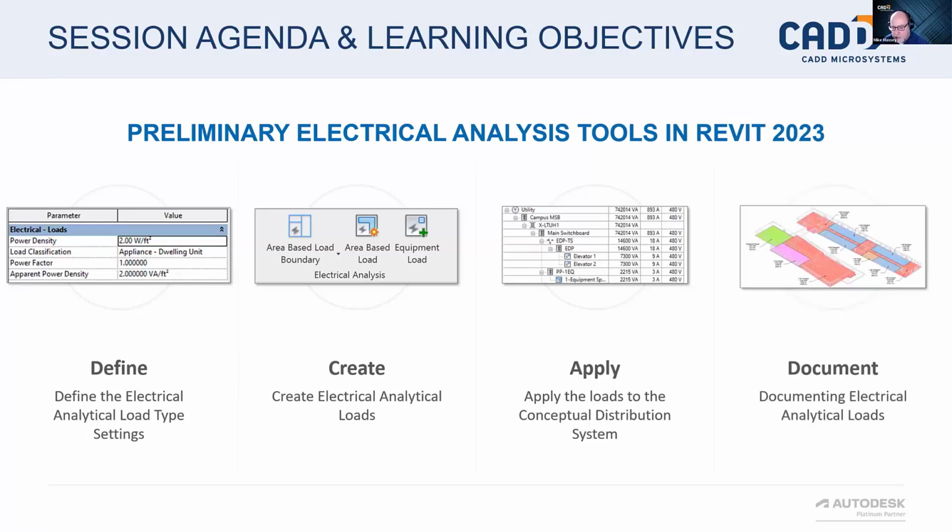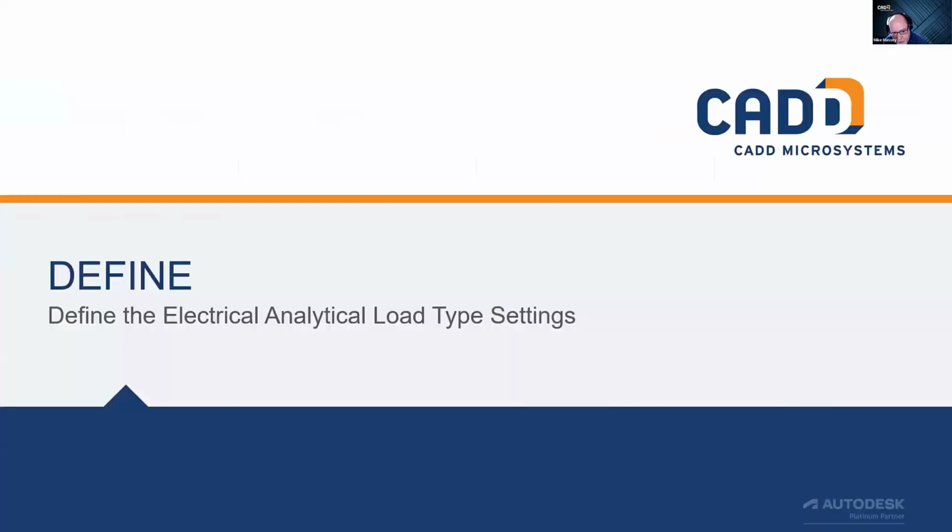Once we have all this created, we can document this information either with tags and/or schedules. And I'll show you how we can use that to document the process. So if we jump into the first section, define, again, this is where we're going to define some settings, and